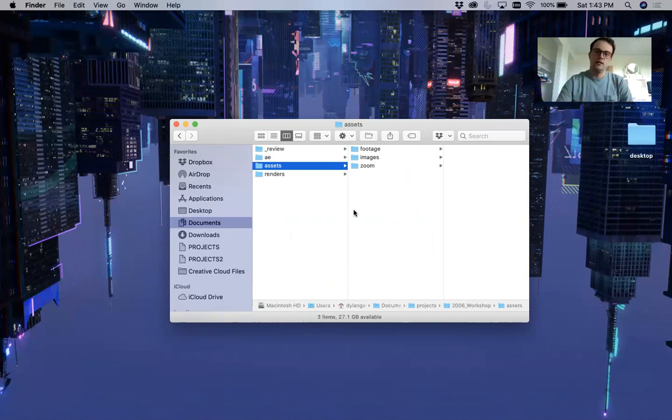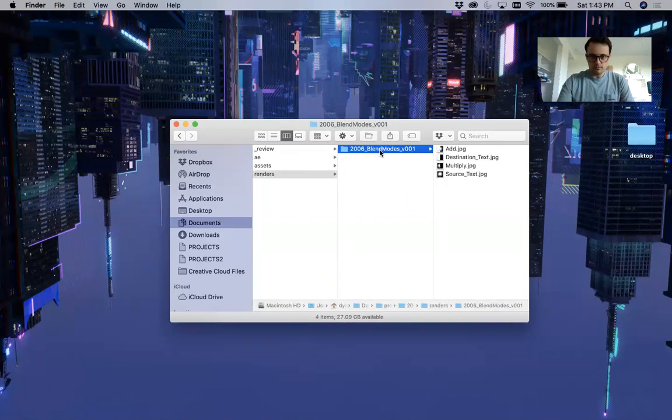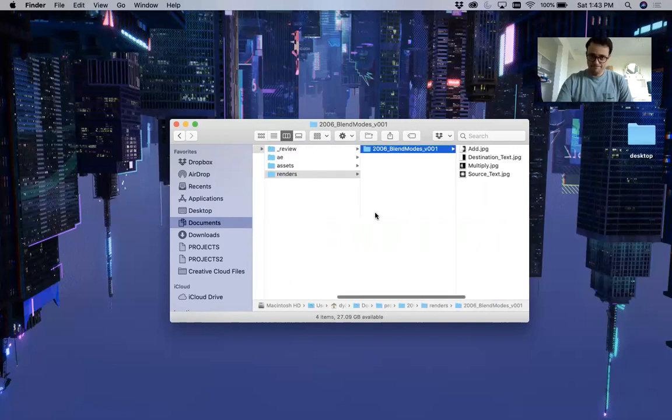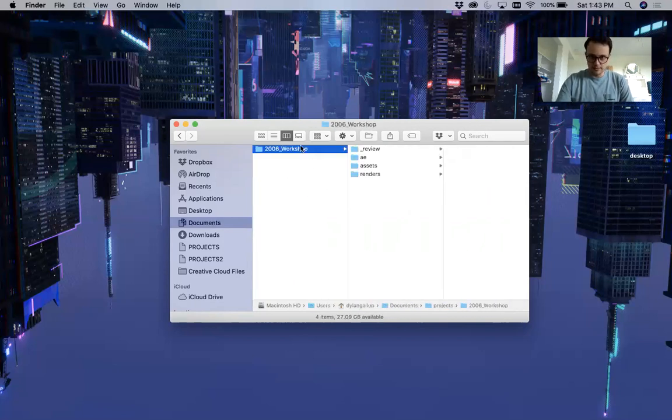Those all go in here. And then there's a renders folder, which is where I put the output of all of the work that I do in the different projects. Like here we have Blend Modes version 1, and these are the 4 images that I made. You'll recognize those. And then the last folder in here is review,